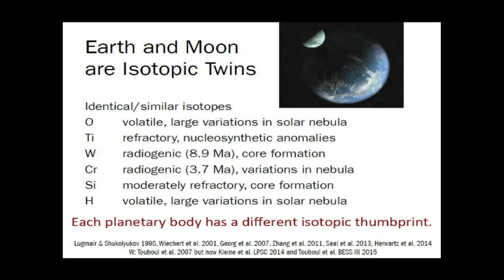And so because we observe that each body has a unique thumbprint, we would expect that two protoplanets that collided late in planet formation should have a different isotopic signature. And therefore, the impactor onto the Earth should have had a different isotopic signature. And in the canonical model, most of the disk is made out of the object that hit us. And therefore, we expect that it has a different isotopic signature. And thus is the conflict that we have between the observation and the standard giant impact hypothesis. And it is a major